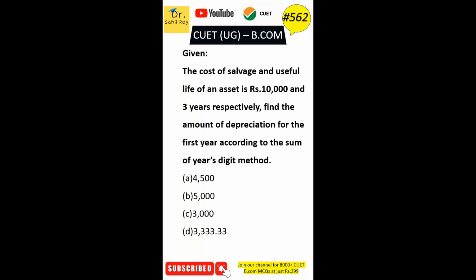1154.88. The cost of salvage and useful life of an asset is rupees 10,000 and 3 years respectively. Find the amount of depreciation for the first year according to the sum of years digit method. Option A 4,500, option B 5,000, option C 3,000, option D 3,333.33। इस क्वेश्चन को जब आप सॉल्व करेंगे तो इस क्वेश्चन का सही आंसर आना चाहिए ऑप्शन A 4,500।